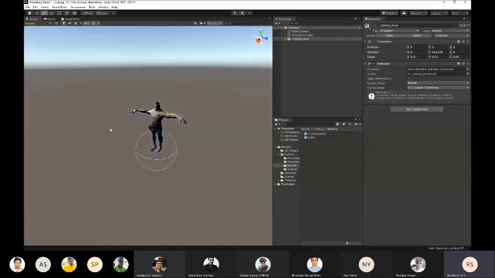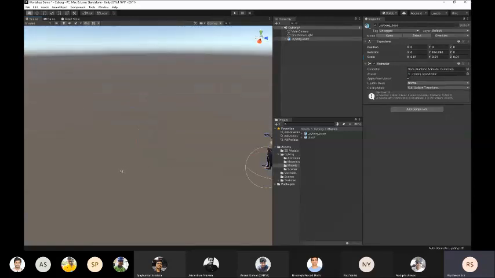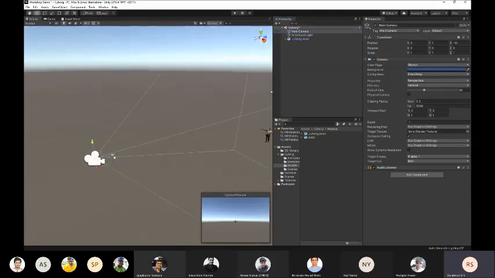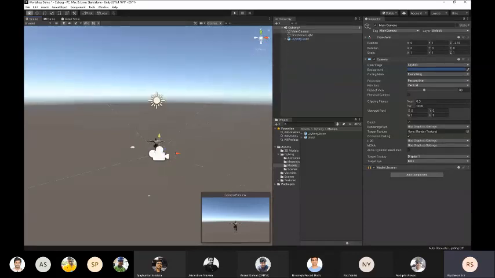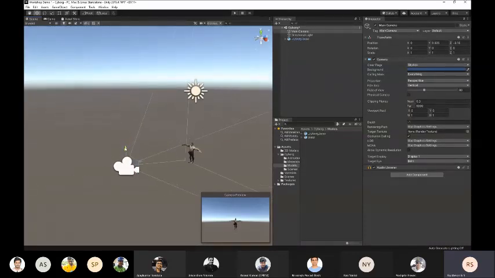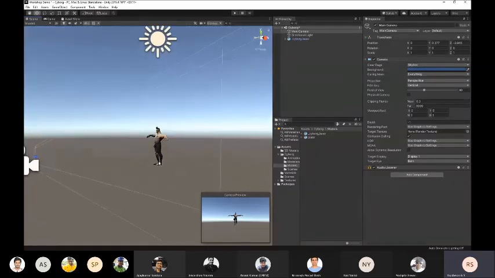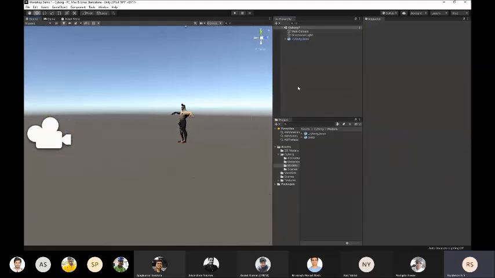Bring him around. And let's bring him closer to the camera. He's a bit far away from the camera, or let's bring the camera closer to him. Let's also create a plane for him to stand on.